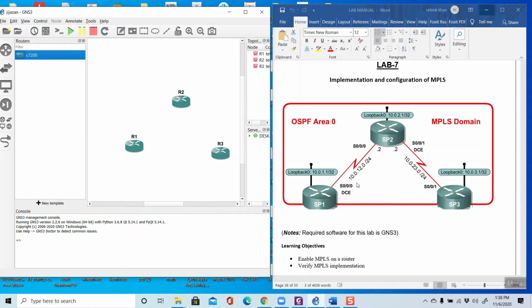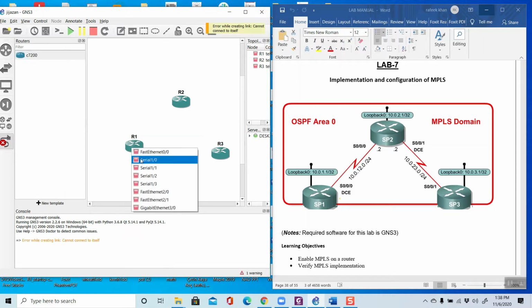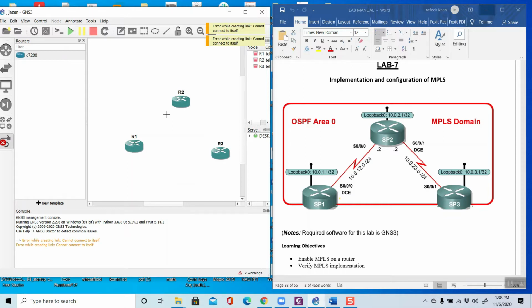So we have to go for the connection here, then we have to select serial 1 0. I will take 1 0, and there is some problem.